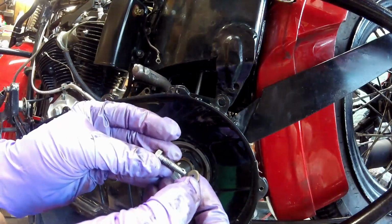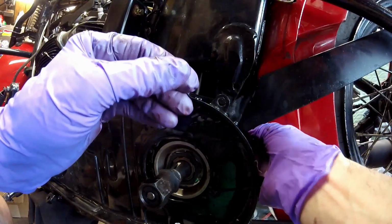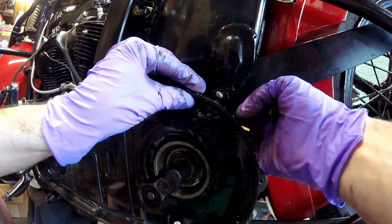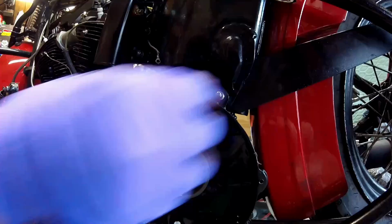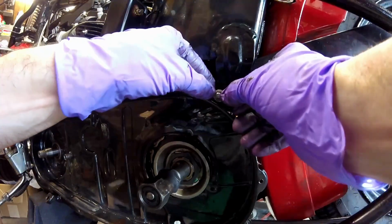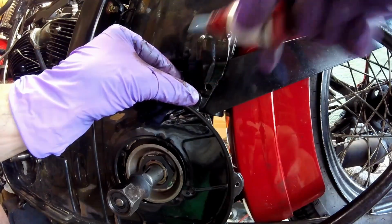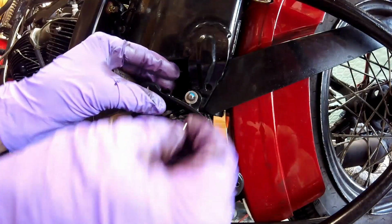Now I'm going to take this upper bolt. I'm going to put a washer on it. I'm going to slip it through the chain guard first, and then through the oil tank, and then through the primary. Next thing it gets is this spring, a washer, some Loctite, the nut,